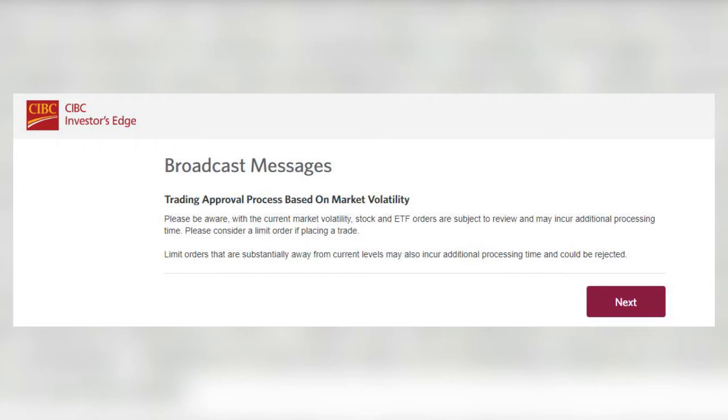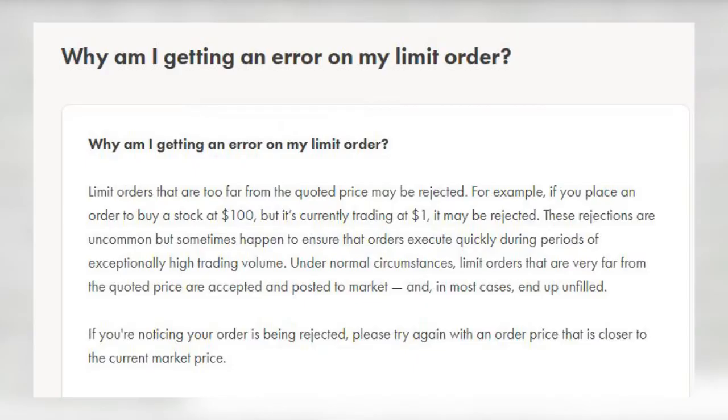But it also went a step further and said some limit orders that are far away from current levels could be rejected. But this potential for rejection could just be that CIBC is dealing with such a huge spike in volume at this time that they want to ease the load on them by rejecting very speculative orders that are not likely to ever materialize, so that they can focus on the limit orders that are realistic and likely to be executed. But in any event, this whole situation raises questions about what brokers like Wealthsimple Trade are permitted or legally required to do in market conditions like this. Are they allowed to restrict certain stocks?